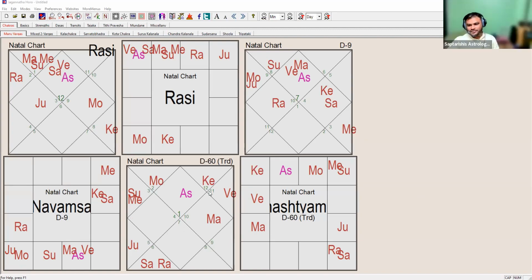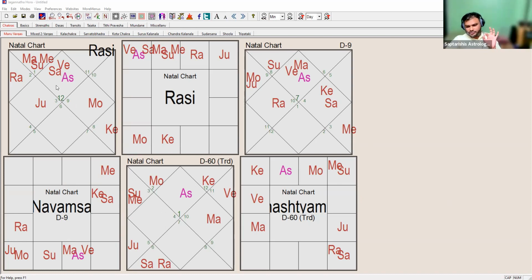See, now this has happened with me, and I'm willingly sharing my events, my marriage. Generally people don't share, but you have, which is a good thing. Okay, so let's come back to this. D60 is not correct here. So we need to do rectification. That rectification will obviously take time, but let's complete this whole analysis.